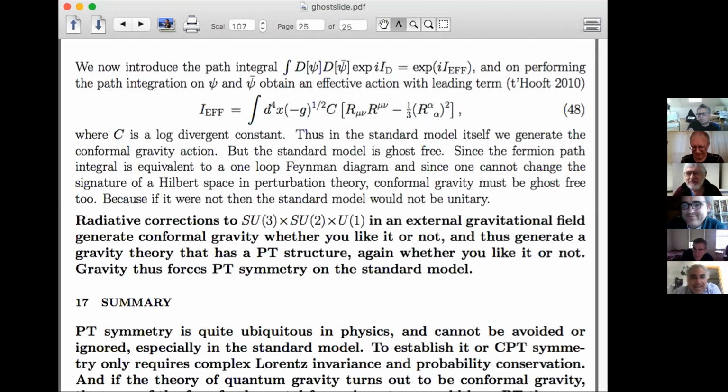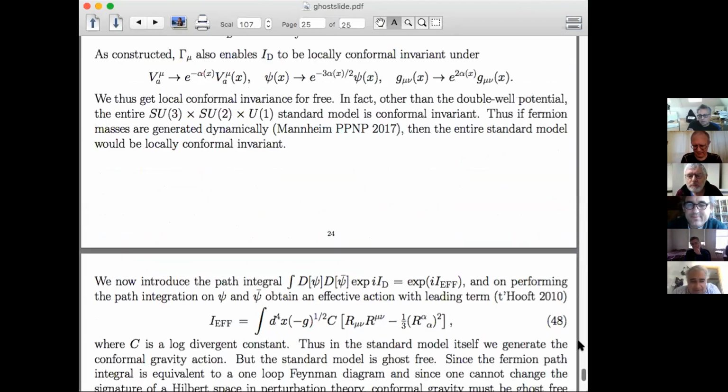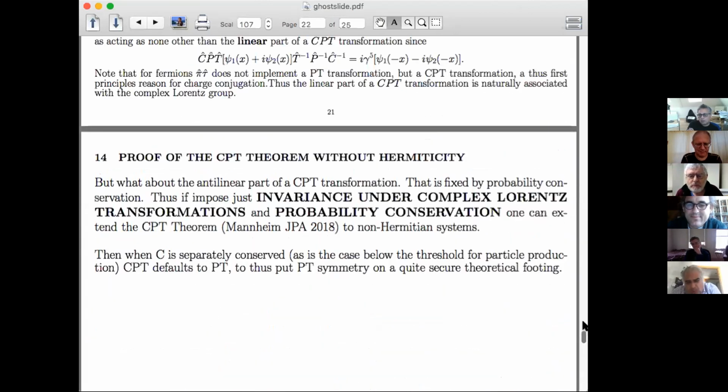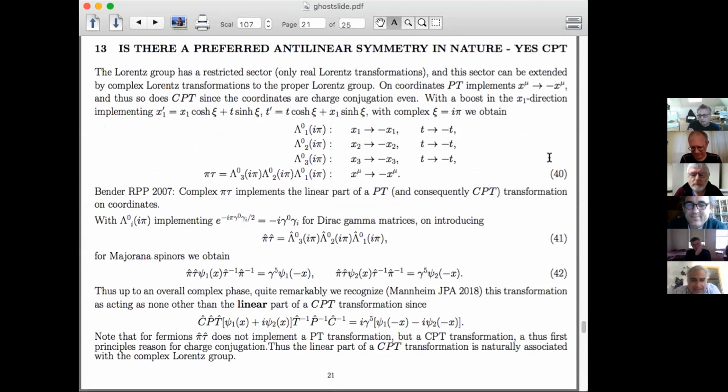Absolutely. You mentioned this CPT, it's very interesting. I am very happy because I've been discussing with Carl in the past, and I've always been thinking that PT is actually the CPT in the more general theory. However, I have two questions. My first question is about locality. In the standard Hermitian CPT theorem, locality is one of the requirements. Here, did you avoid locality or did you implicitly assume it? In other words, could you have non-local?